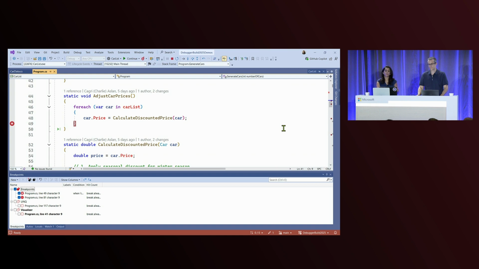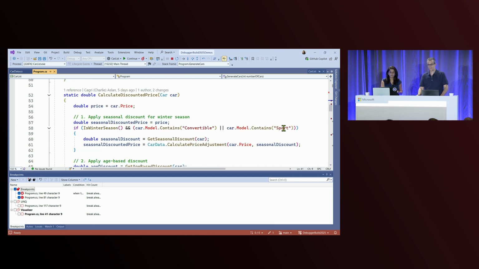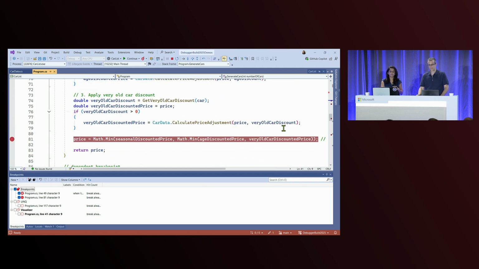Now, this breakpoint suggestion also works great with trace points. If you don't know, trace points are something very similar to log points, where you can log certain important information and display it in the output window without changing your code. So all you need to do is, again, go to the settings window. I have this breakpoint on line 81, where all the prices are shown.